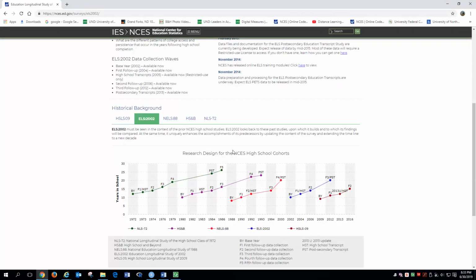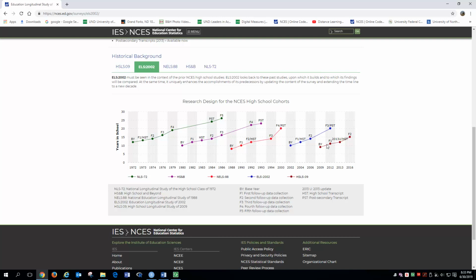And one thing that's kind of interesting here is down below they're showing some of the progressions of the longitudinal data sets. These are national data sets of like 10th graders, and as we can see down here, this one all the way over here is our HSLS09, and that comes right up to 2016, and F2 is follow-up. So here's the one we're going to load right here, and the first question here says, in the assignment,